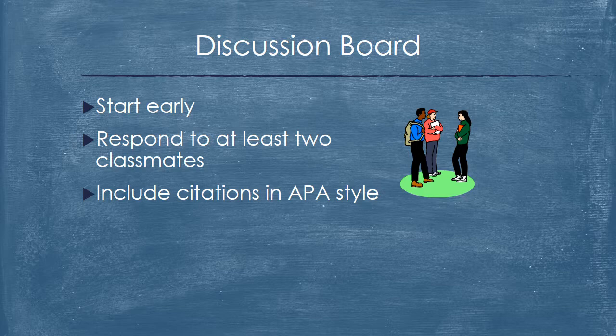And remember to include citations in APA style in your discussions. This is good practice for your short papers you'll be writing, and it shows that when you include research, you know how to cite it and that you are sharing those resources with the rest of the class. A lot of the times people make a statement that they know to be true, but it might not be the case that the other people in the class know it to be true. You can cite the source where you found it, and they can go check out that source and learn more about it.